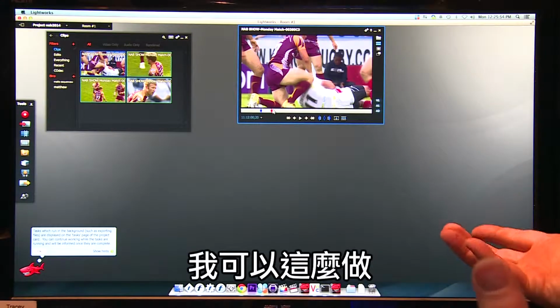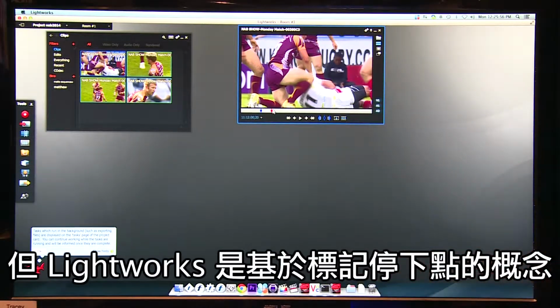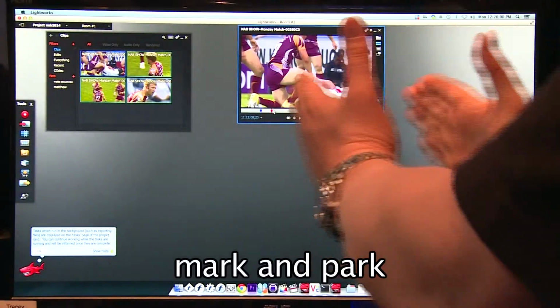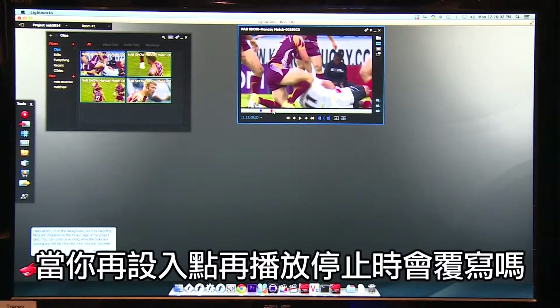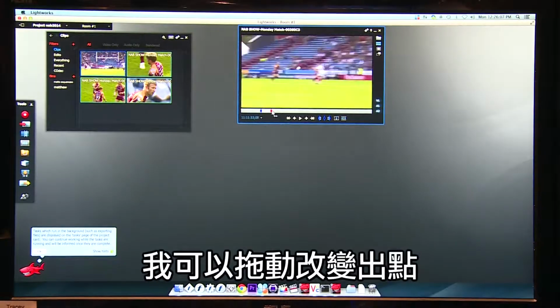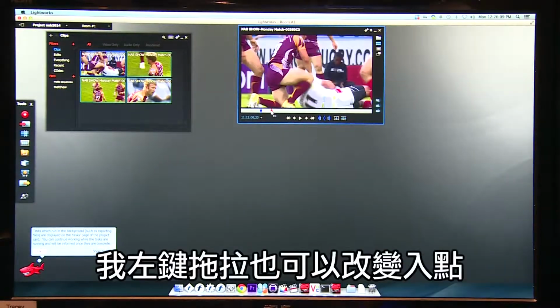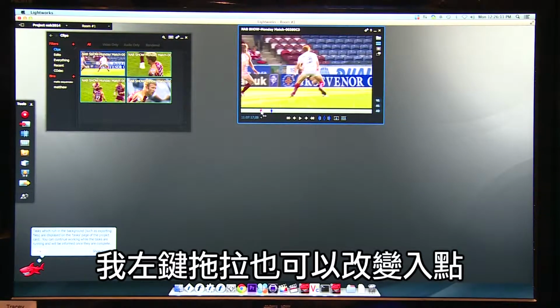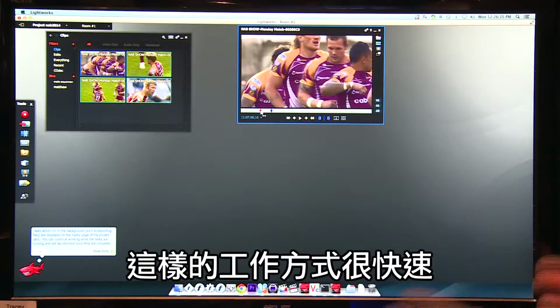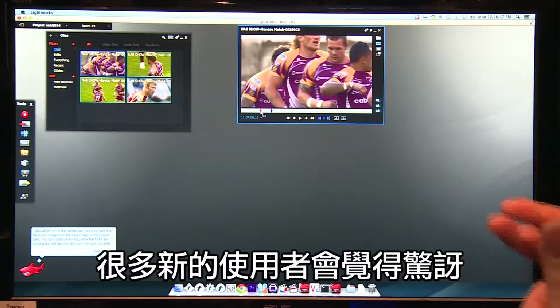I can do that in the application, but Lightworks is based around mark and park. So in, wherever you stop is your out, mark and park, that's your section, that's ready to go into an edit. If you play back a bit and press stop again, it will replace the old. Correct. So wherever I move this, I'm just changing the output. And what's really nice as well is that if I left click and hold on here, I'm changing the input. So it's a very fast way of working,